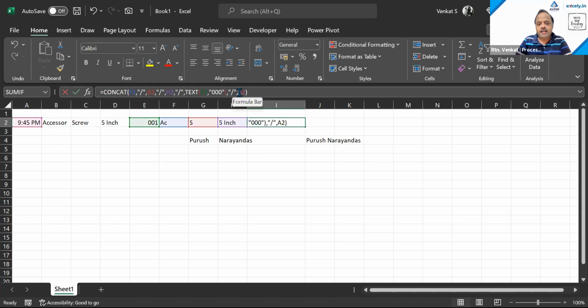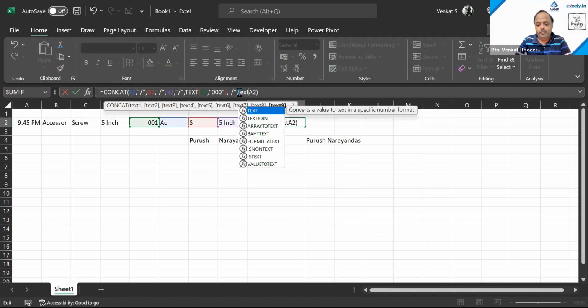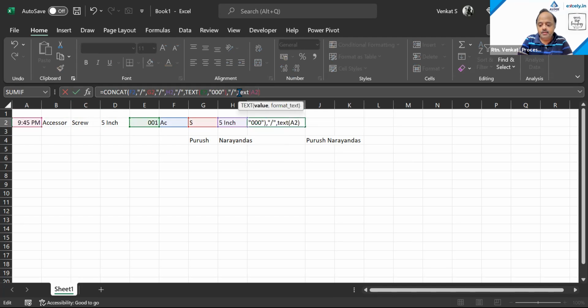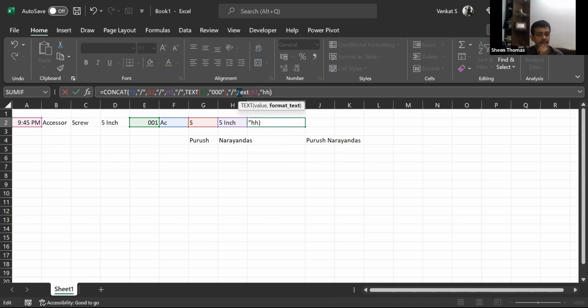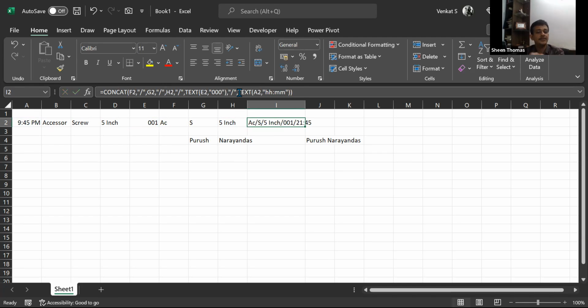Right, and there is a function. Again, you can use the text function to show this in time if you want. Okay, HH colon mm. So instead of this kind of an output, suppose you want to convert all this into a number,